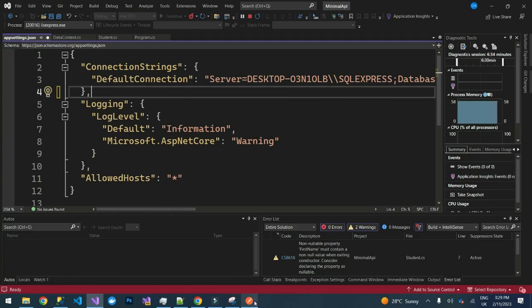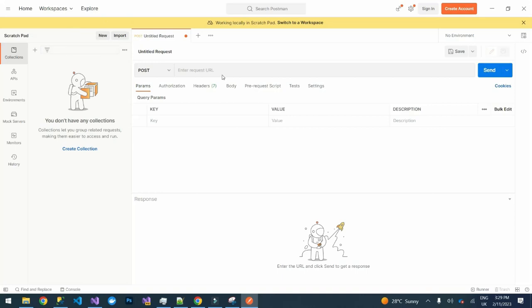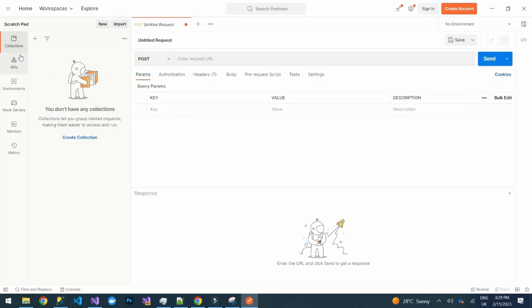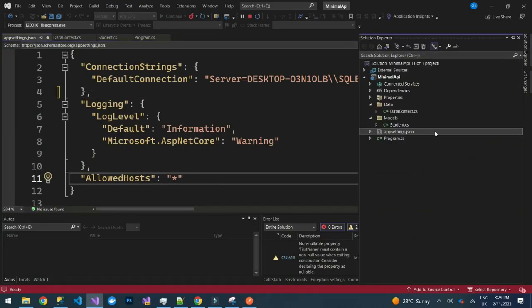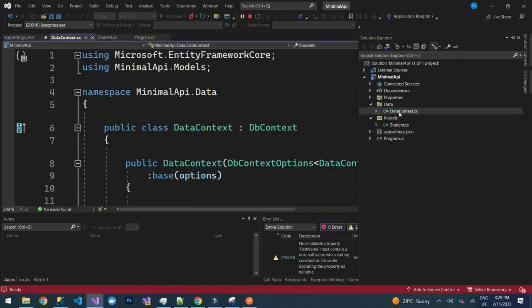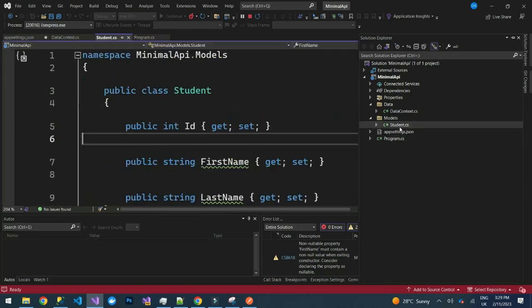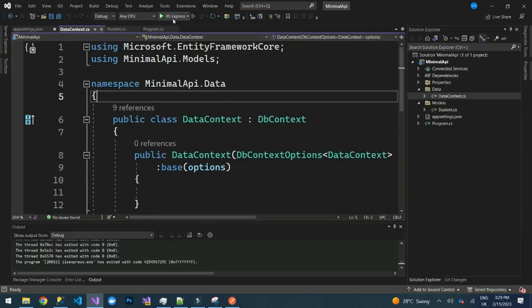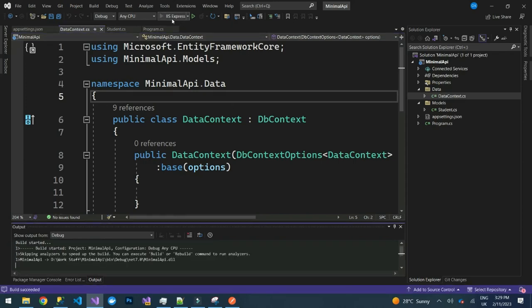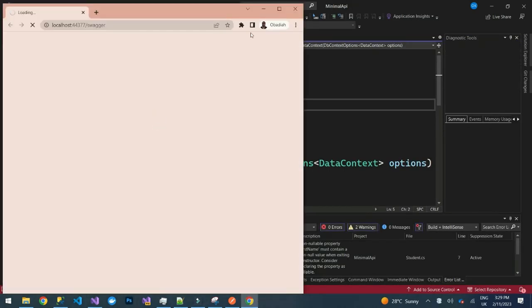So I've installed my Postman. You can just Google Postman, download it, then install it on your machine. To start with, I already have my API here. If you don't know how to create minimal APIs, consider watching our previous videos on how to create minimal APIs. But for testing today, you are going to use this API that we created to do some tests using